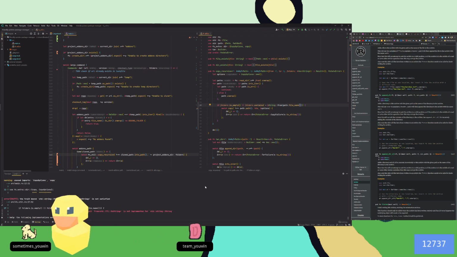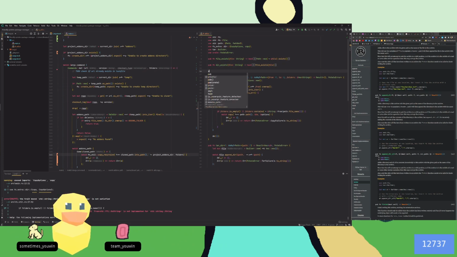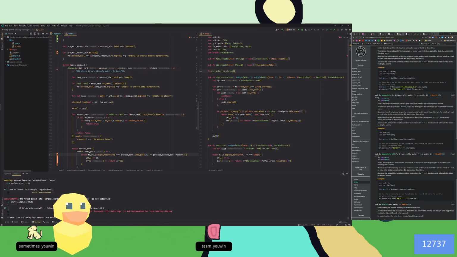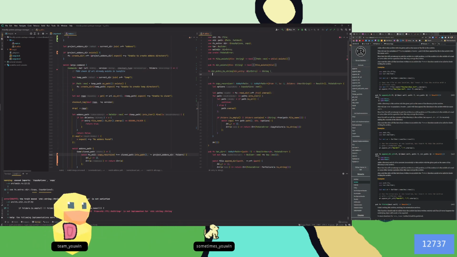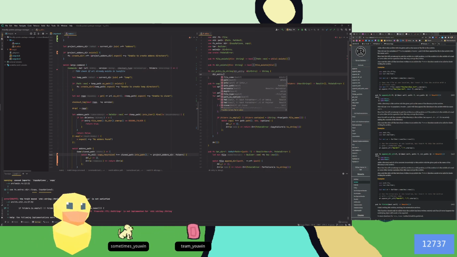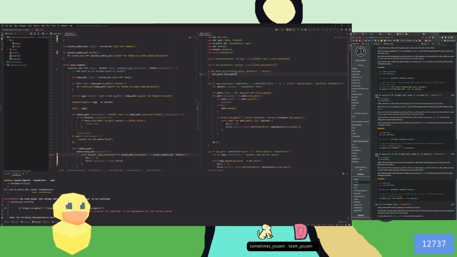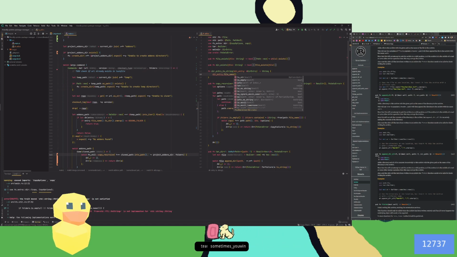I don't want to have to just create a new type just to implement this. Actually, instead of doing that, we could just do a little helper function, right? So this is dir entry to string. This will take a dir entry, and we'll just take a reference to one. Return string, so dir entry, file name, OS string, file name to OS string, or we can just do